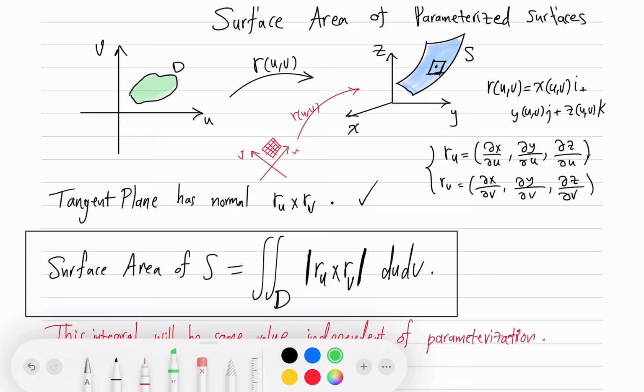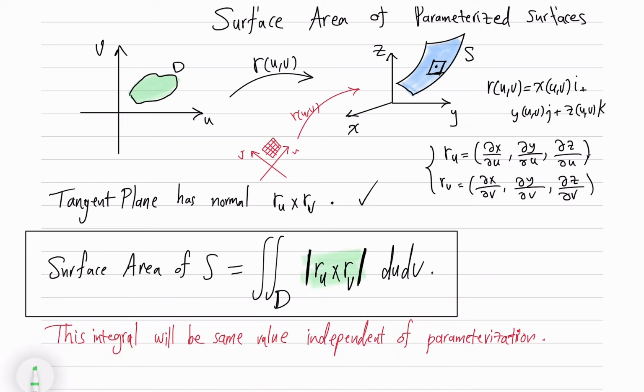The key here is inclusion of this. Of course, if we don't include this, we just put 1 here. That means it will be the area of D. And of course, area of D cannot be equal to area of S, because you can just do a different parameterization where you just resize D into half its size. So this quantity will play a big role later on, and you can think of this as some intrinsic quantity, that if you integrate something against this, it does not depend on parameterization, and that will be the topic of the next